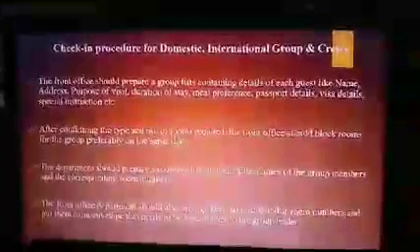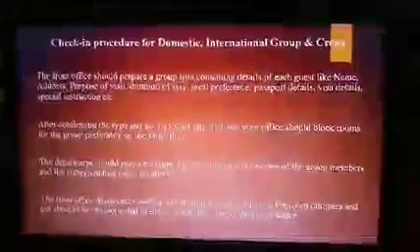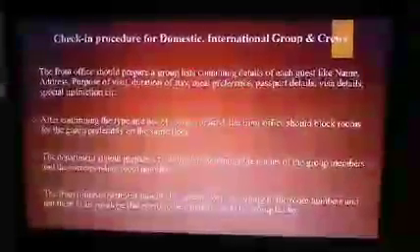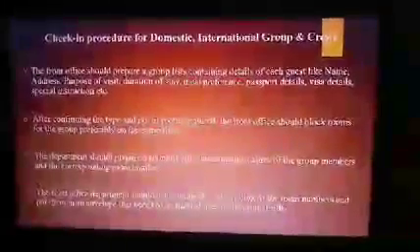The front office needs to prepare the room list containing the names of the group members. You need to have the names of the group members, their details, and what their preferences are. There might be some group members who are allergic to something, or somebody may have a request for a soft bed, or somebody has a problem with the smoke smell, so they would prefer a non-smoking room. So you need to make sure that all the details have been considered and you allot the rooms to them accordingly.